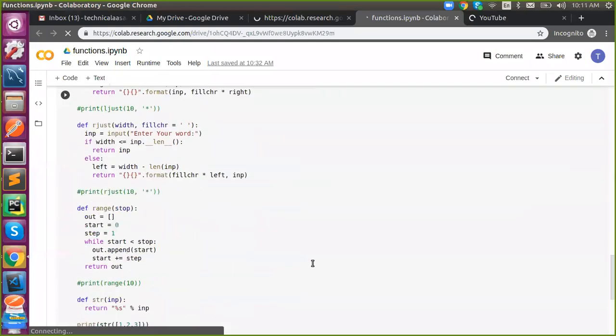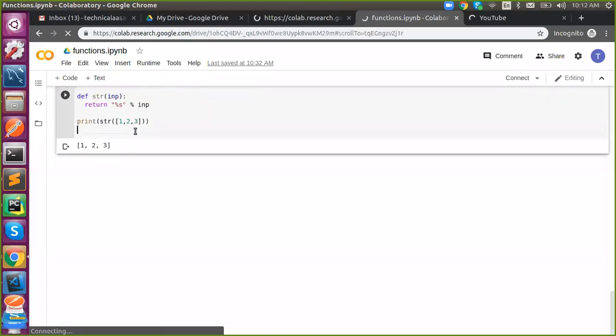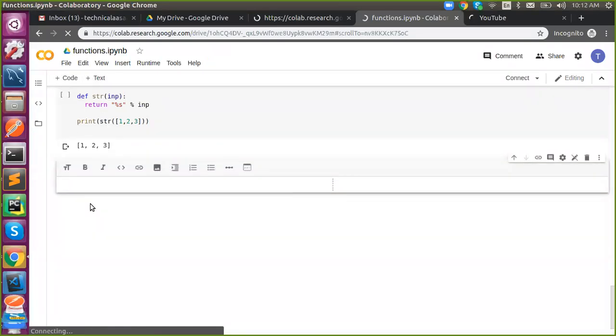So where we stopped yesterday in the last class, functions. We have seen functions without parameters, and we're actually going to talk about functions with parameters. I hope you are familiar with the function without parameter. Now we are going to talk about the various ways to define a function with parameters.